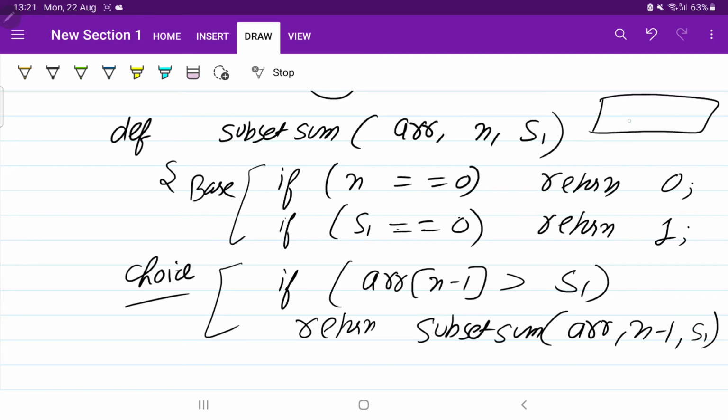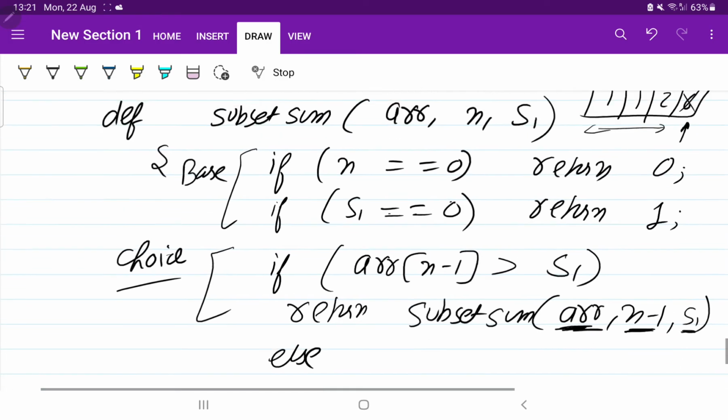I told you, this is 1 1 2 and suppose this is 6. If we are not going to select this element, we need to leave this. So now what will be the size of the array? It will be n minus 1. So we pass the array again, but the number of elements will be n minus 1 and the sum will be as it is because we haven't selected that element.